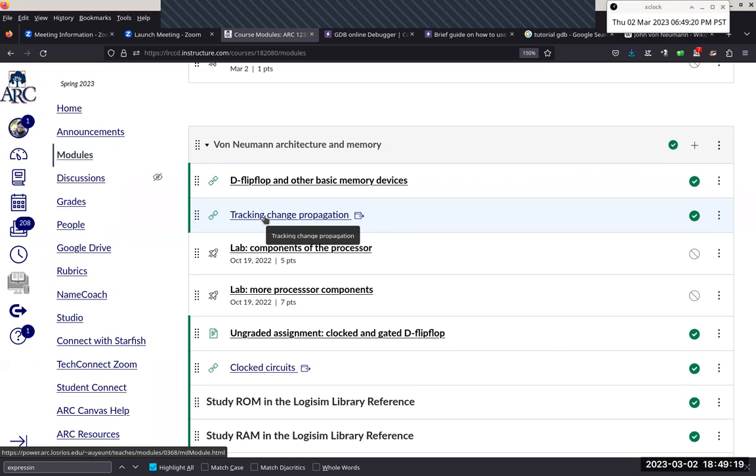Yep. Right, this one is no good because it's a longer time frame thing. So I just open it to